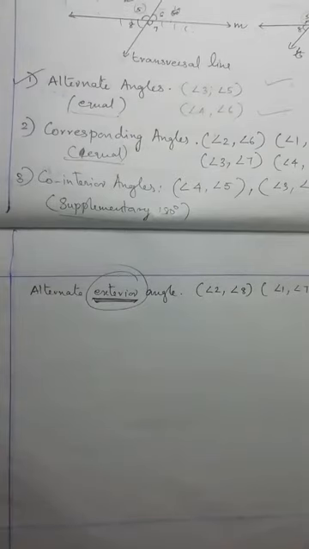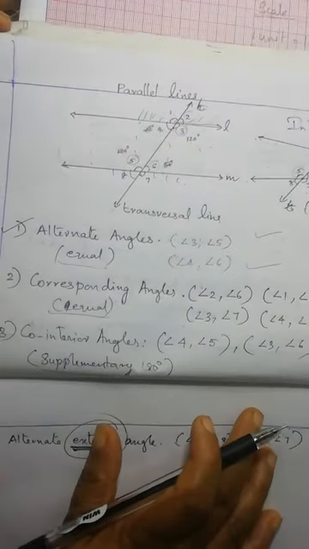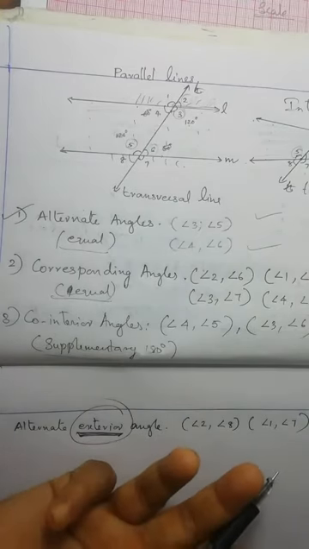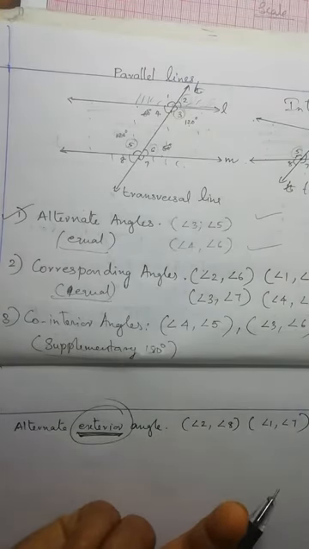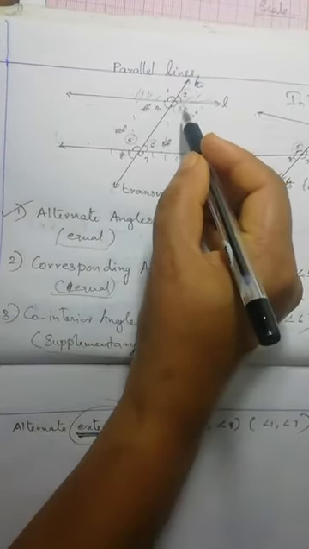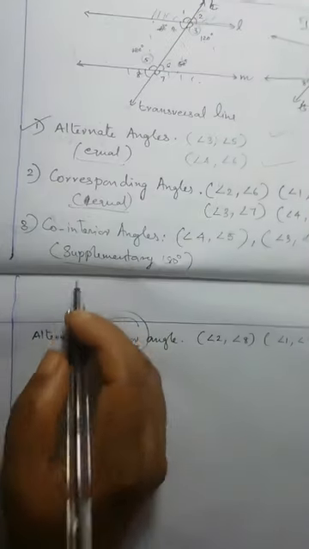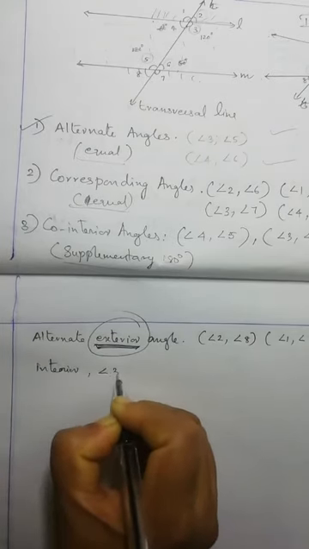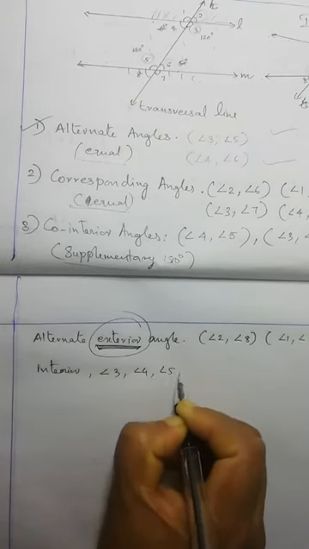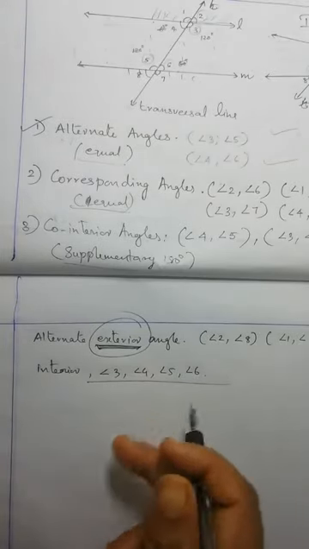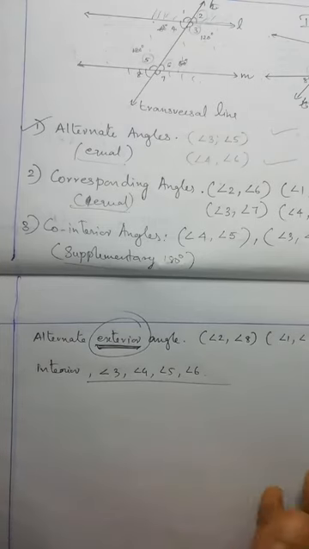Okay. Then interior angles are single angles, that means not in pairs. Those angles are interior angles. Interior angles are not in pairs. Exterior angles are not in pairs. Okay. Non-pair angles are those. Interior angles mean angle 3. If only interior is given, angle 3, angle 4, angle 5, angle 6 are interior angles. They are not pairs. We can put a comma separately and write. These are the interior angles.